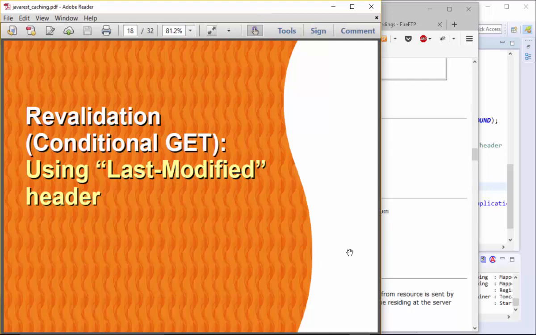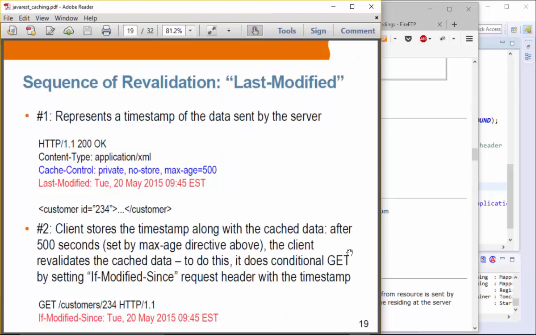So let's talk about how the Last-Modified header works. This is the sequence of operation. The response contains the Last-Modified response header. Basically it represents the timestamp of the data sent by the server. Now the client will store this timestamp along with the cached data, and after, in this case, 500 seconds, because that is the expiration set by max-age,